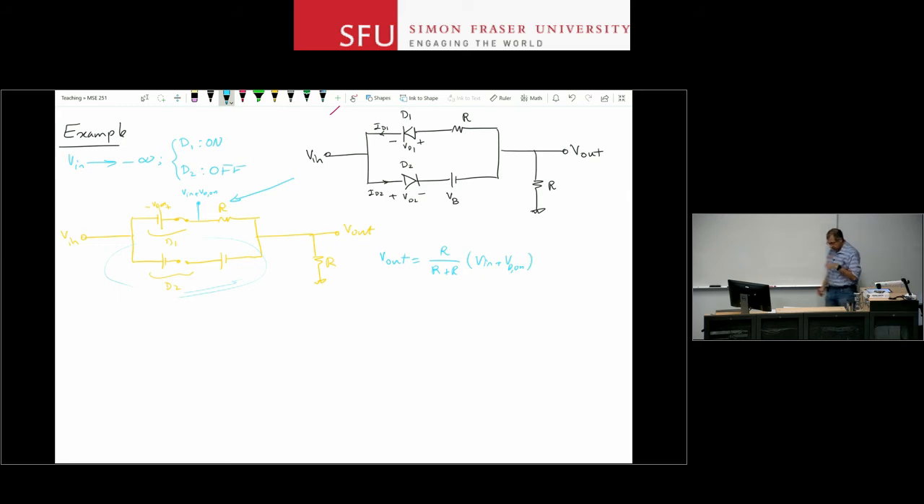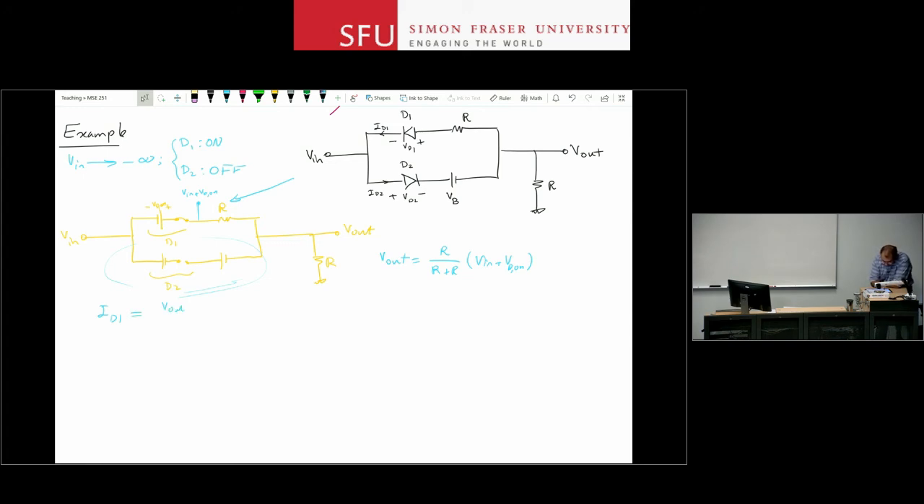Okay? Now, if that's the case, I need to check my assumption. Is D1 on and D2 off? Well, to see if D1 is on, I need to calculate ID1. Right? To check if the diode is on, you calculate the current. If the current is positive, the diode is on. So ID1 is going to be